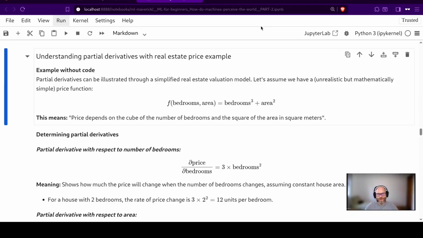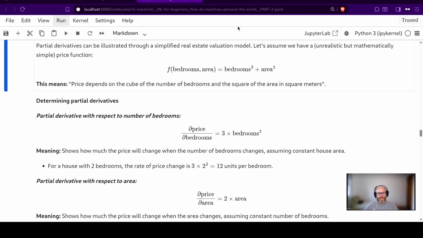Example without code. Partial derivatives can be illustrated through a simplified real estate valuation model. Let's assume we have an unrealistic but mathematically simple price function: f of bedrooms, area equals bedrooms cubed plus area squared. This means price depends on the cube of the number of bedrooms and the square of the area in square